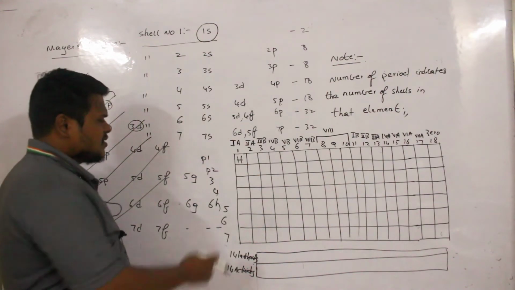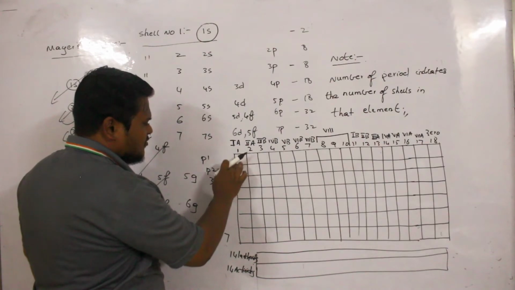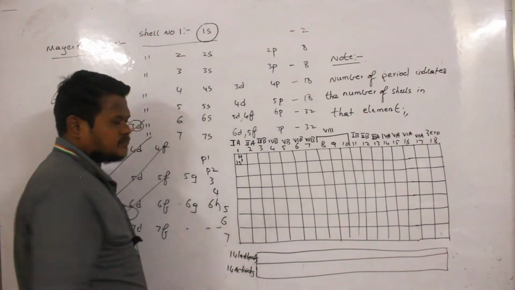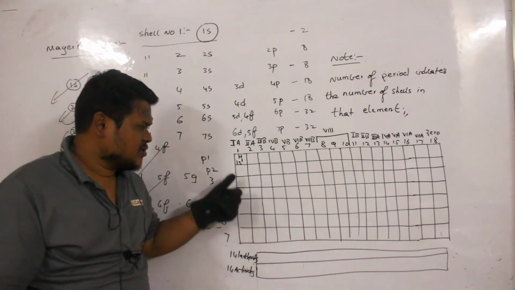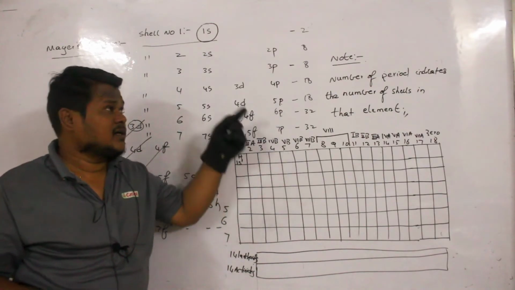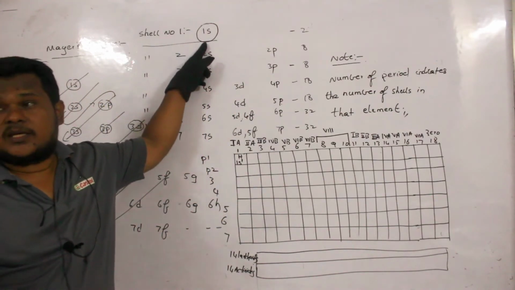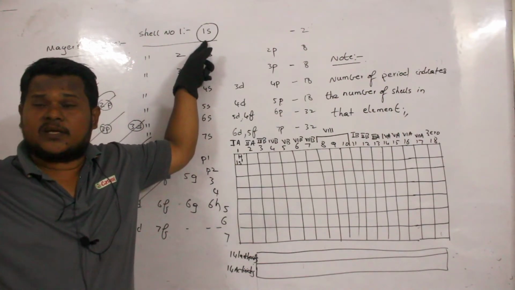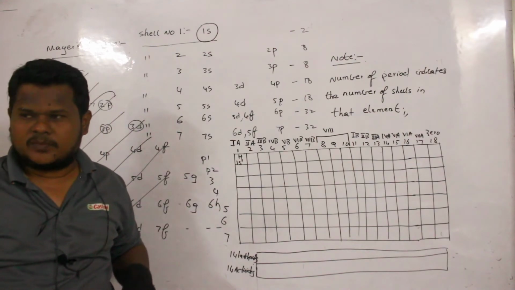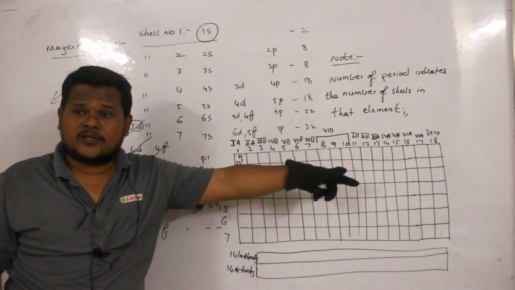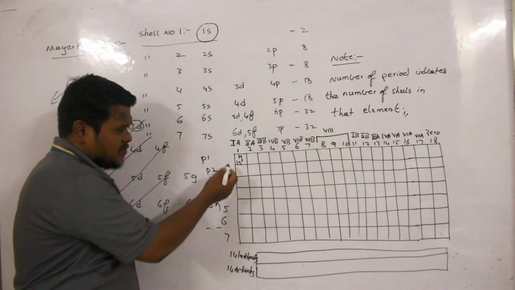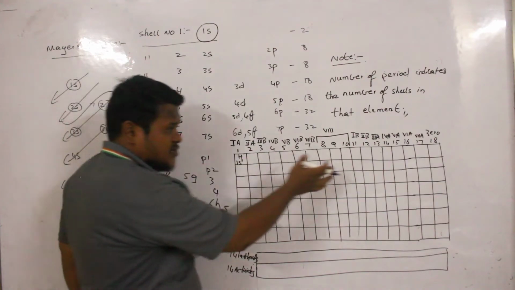Hydrogen. Which configuration does it have? Can I say it has a configuration of 1s1? It should have a configuration of 1s1. The 1 indicates the first shell, and which subshell is present? The s subshell is present, and in the s subshell only one electron is present. So 1s1. Are you able to understand? Then which is the second element according to the periodic table? Helium. Helium has atomic number 2, no? So it is not placed immediately after hydrogen, but it is placed here.